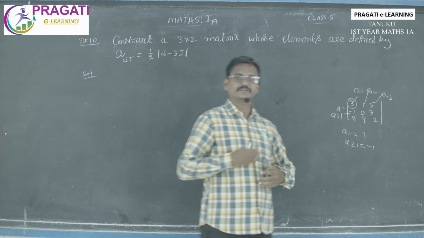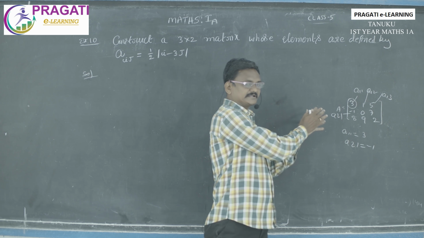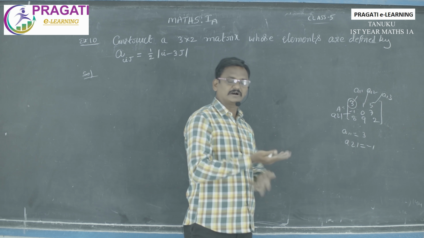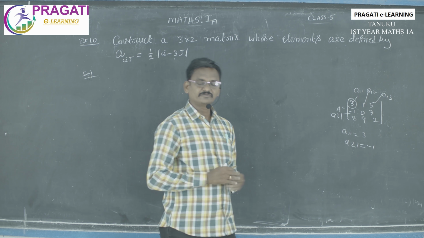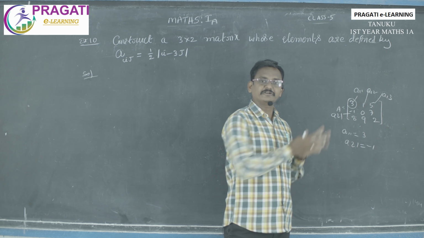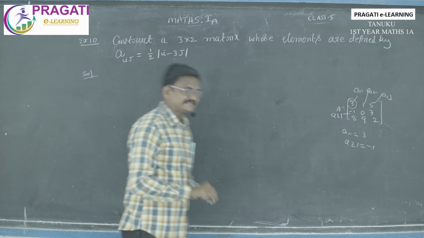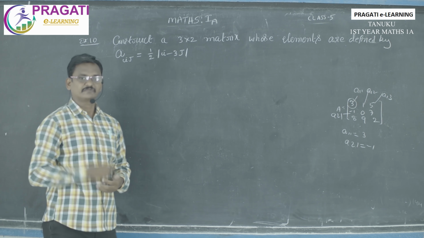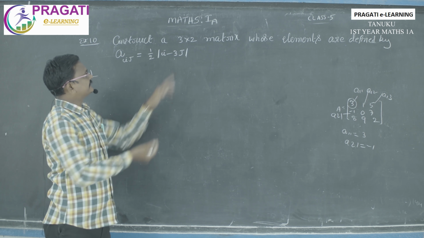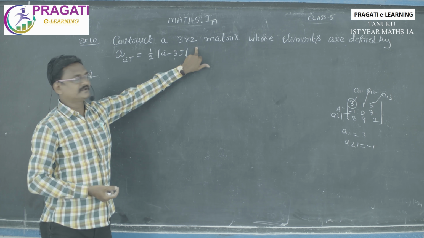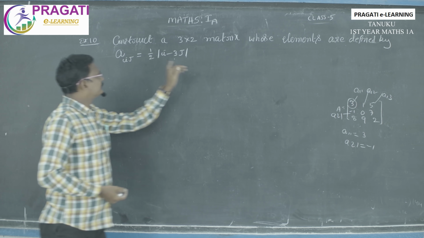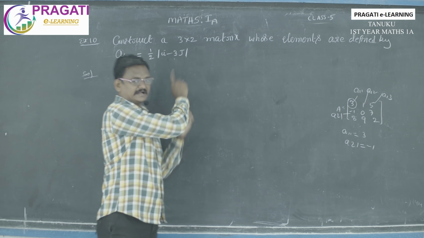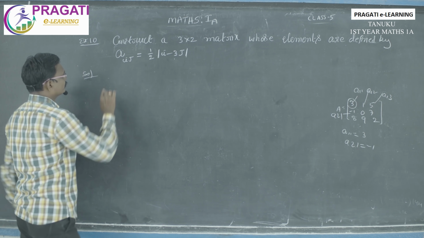So what I am telling you is, if you know the matrix, then we can write all the elements, whether it is A11 or A12 or A31 or A32. We are ready to write any element when we know the matrix. But in this example, we have to prepare the matrix. That matrix order is 3 by 2, and the elements are defined by 1 by 2 into modulus of I minus 3j. That is the converse. So let us see how to do it.